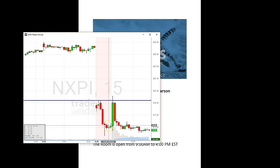So this was an early trade for me. As I said in the room, I don't usually trade before at least the first 15 minutes into the market. But this little pattern right here is just kind of juicy to me. It looked like we finally had some capitulation. It got driven down, and the buyers took over, the sellers tried to drive it down a little bit more, and then we had a little bit of stability. So I got into the trade right,